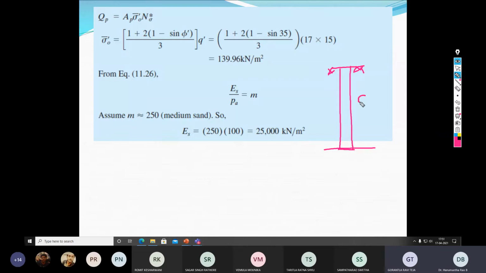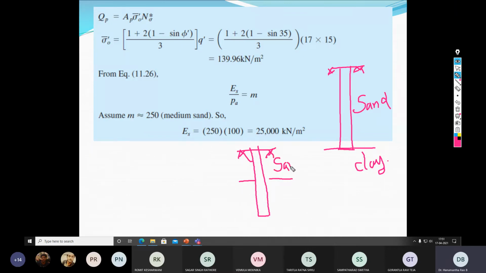This is the sand, pile. So here you want to assume this is sand, and here can we assume it is clay? Is this all right? Yes, sir. Even I am saying half of the pile is sand and the remaining part is clay. In that case also. Okay. So then let me also draw another picture. Say this is the ground surface, and you mean to say this is sand and the rest is clay. Okay, rest all clay. Is that all right?